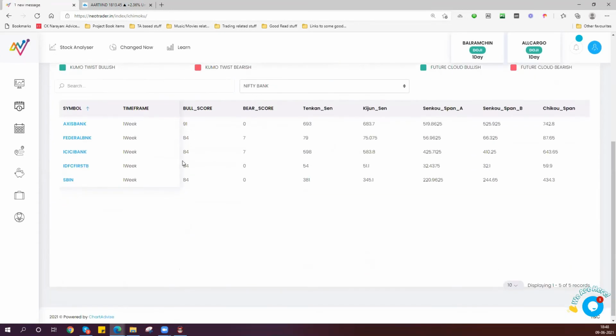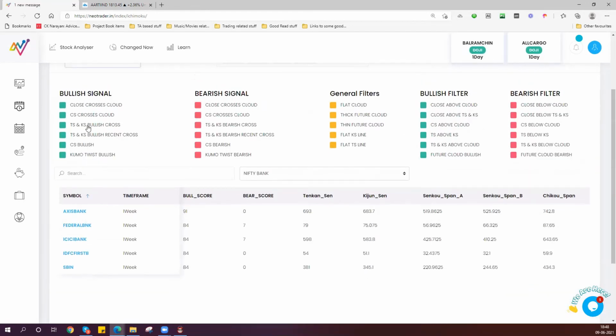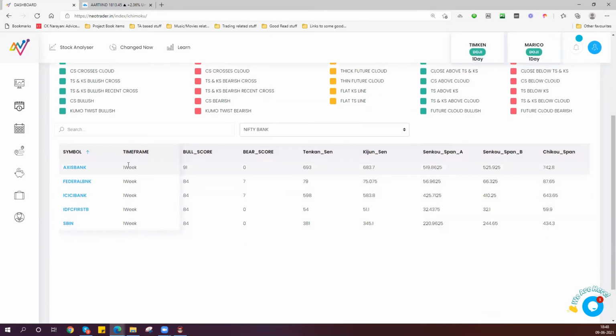So when you come to Nifty Bank, these are the only stocks which are meeting your bullish criteria, right? The Nifty Bank is a smaller list. And notice this, they are all from the weekly chart only. That means that the short-term picture of all the banking stocks is non-bullish. So therefore, if you get a banking counter to do a Teji in, you must check and double check and triple check before you take the trade, right?